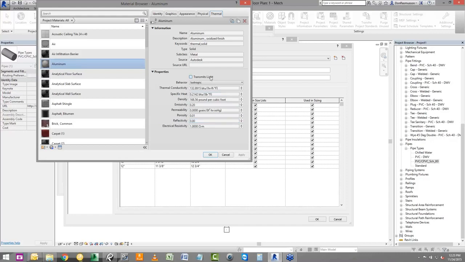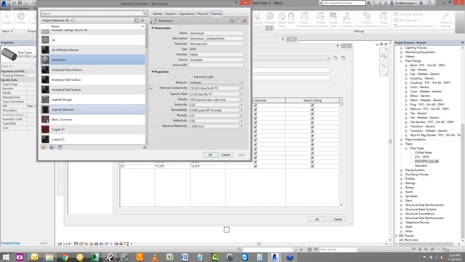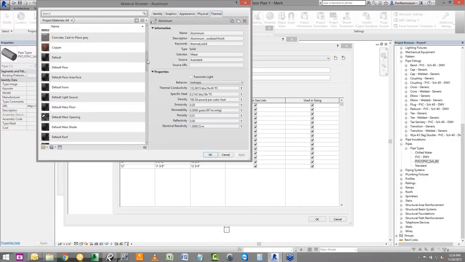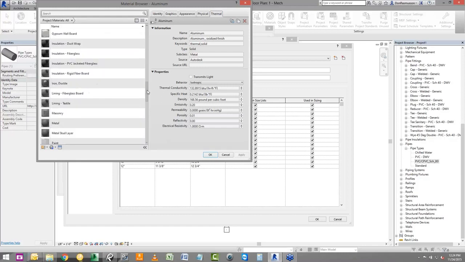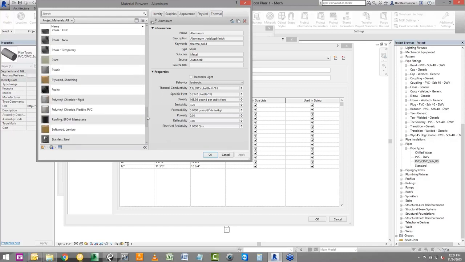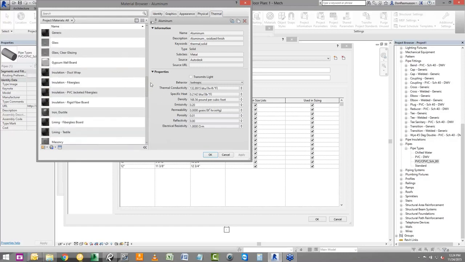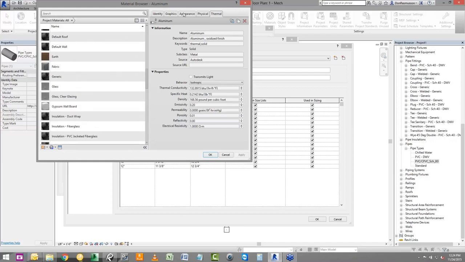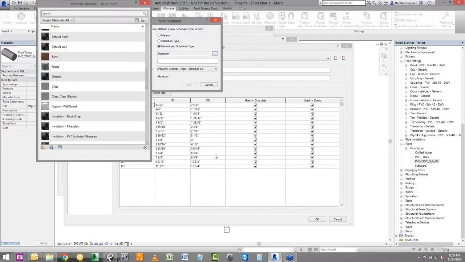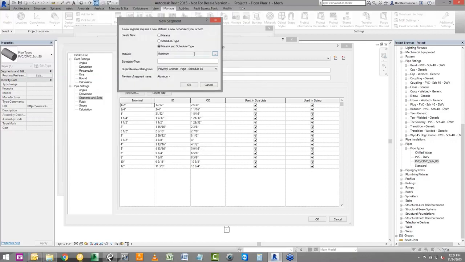Like I said, the vast majority of this is going to be done out of the box. So you won't have to come in and necessarily mess with a lot of these options. But there are some material options that you're not going to find in here that you may be able to find on the internet. Those capabilities are built into Revit as well. So moving on out of this area, if I just go ahead and click OK here, we've selected that aluminum pipe, and we can